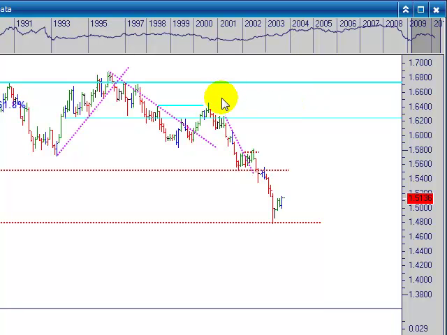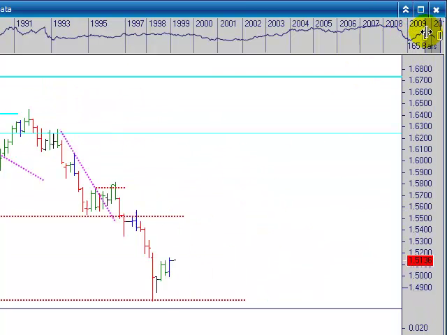And I have spoken before of price and time. Markets, when they're falling sharply or rising sharply, are going through a price phase, moving significantly through price. When they go sideways, they are going through a time phase. So if we expand this and make it a little bit bigger here,